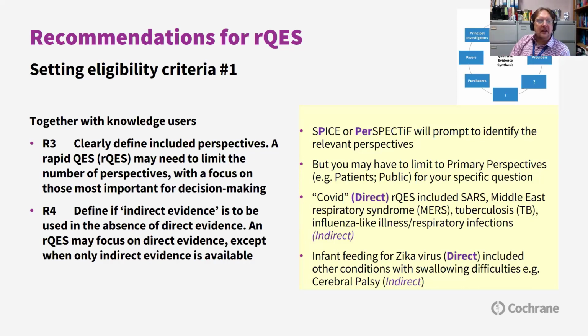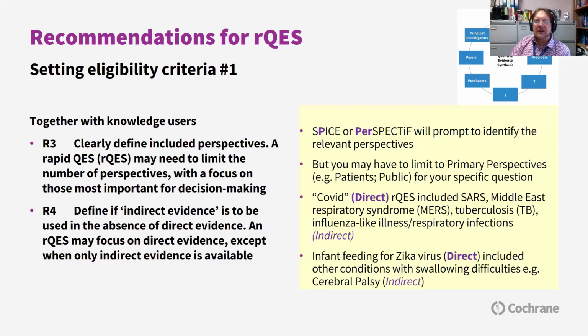And then the 4th one relates to the use of indirect evidence. Now, this may seem a strange concept to those of you used to, for example, pharmaceutical reviews where a drug is either included or excluded. Many of the phenomena that we deal with in qualitative research may have transferable mechanisms or principles that mean that evidence that is not an exact match can still be useful.